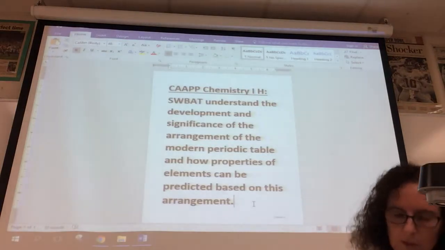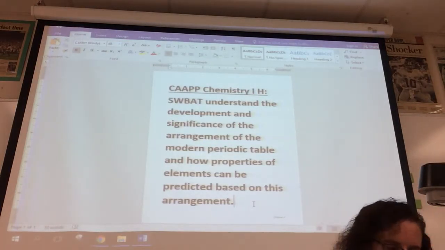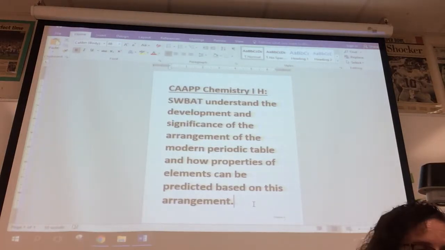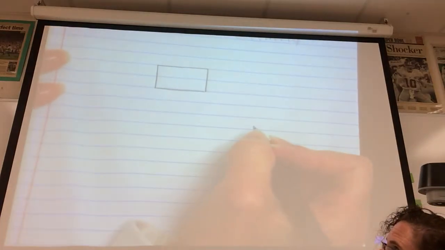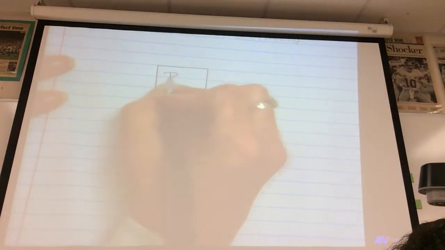So we're going to build upon the table that we started the other day, and what you're going to see there is, for example, if this box represents your periodic table,